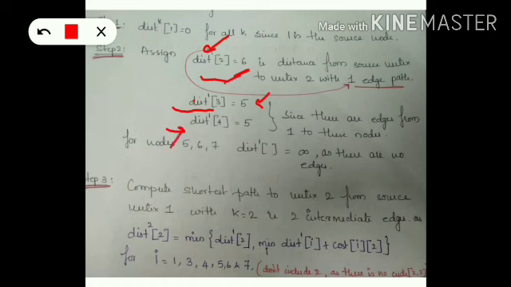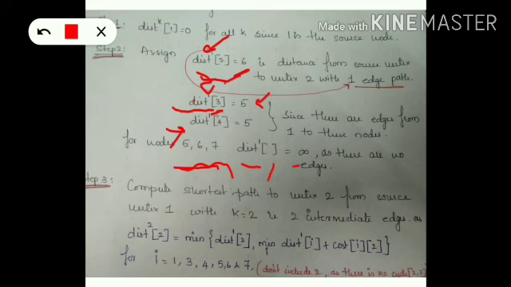And from the graph, we see that for vertices 5, 6 and 7, we do not have any edge coming from vertex 1. Right? So please remember here, dist raised to 1 is nothing but it tells us that there should be a single edge coming from the source vertex to these vertices or the other vertices of the graph. So when I do not have an edge from the source vertex to any other vertices, then I set dist 1 of these vertices equal to infinity.